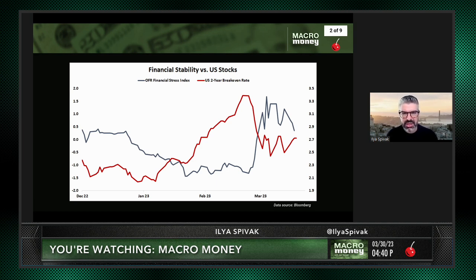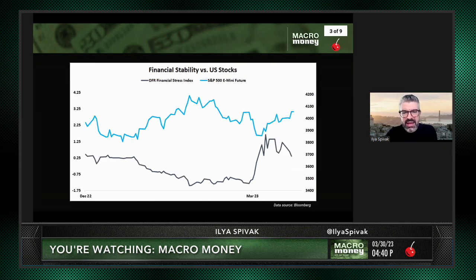So inflation expectations come in because that's a form of tightening credit that you see there. And since that issue has, for the moment, stalled, you can see that inflation expectations have paused declining as well and are still worryingly elevated. You can see that as risk has eased, the S&P 500 has come up. So as that OFR stress index has slumped back a bit off the highs, stocks have managed to pull higher.